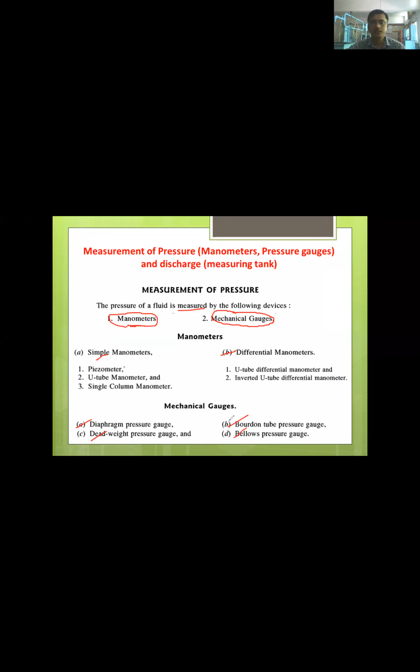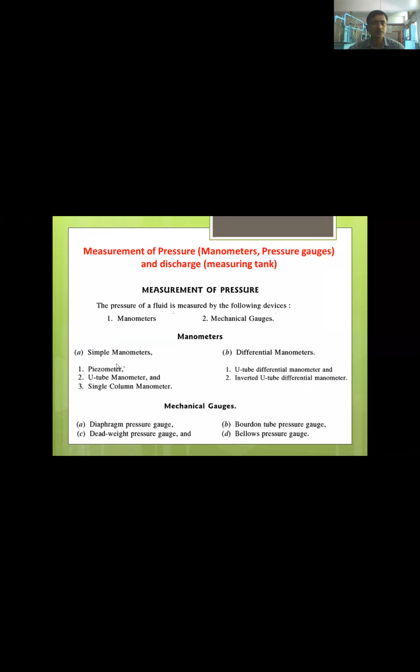Out of this, in our syllabus, we are going to learn the Bourdon tube pressure gauge. In the lab also we can see this pressure gauge. So now, first of all, we are going to see how the pressure is measured with the help of